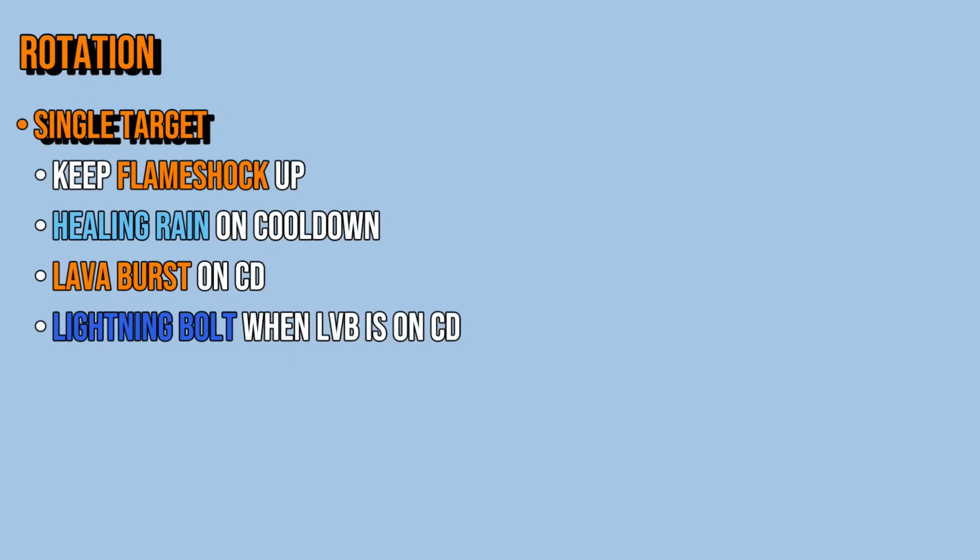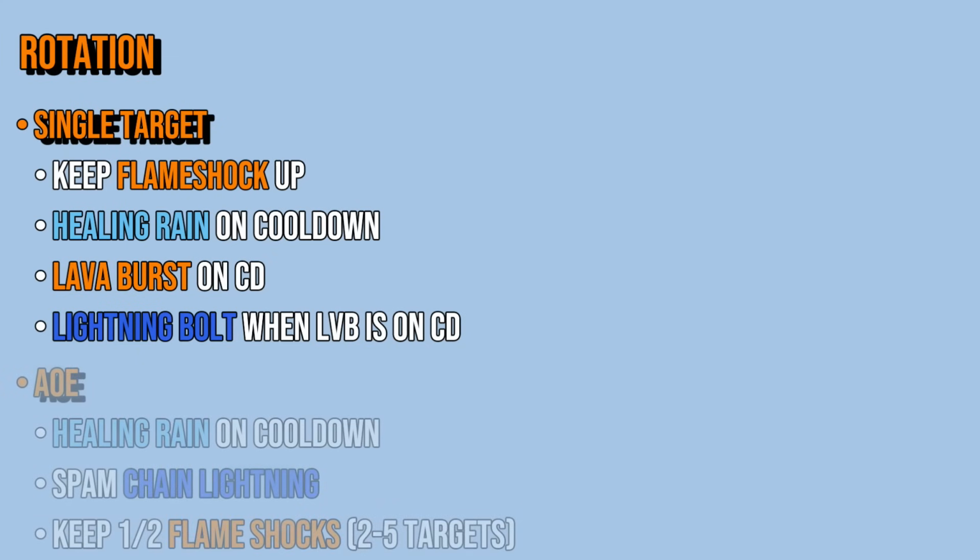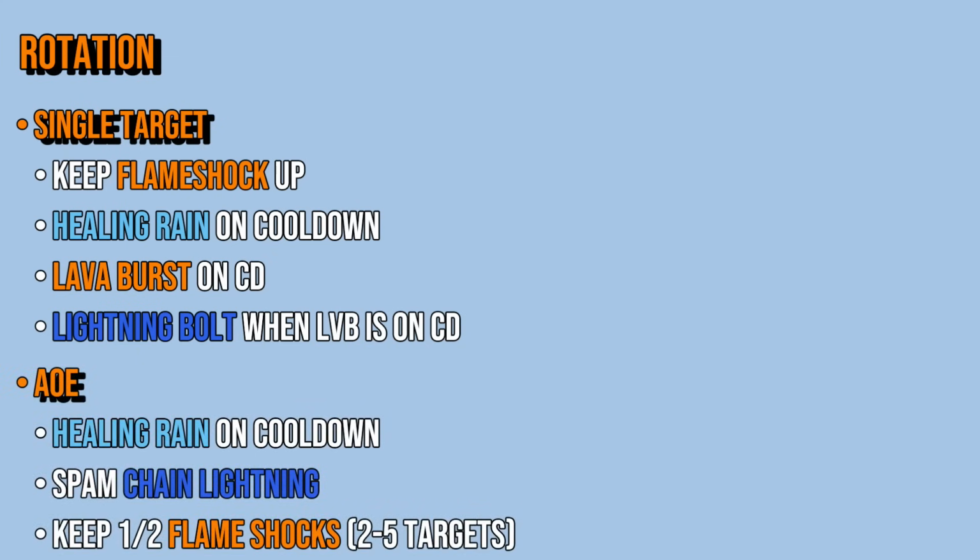And then in the downtime, you will be wanting to cast Lightning Bolt until you get Healing Rain off of cooldown, as well as Lava Burst. In AoE, your primary goal is to keep Acid Rain uptime as much as you can, as well as spam Chain Lightning. In 2 to 4, 5 targets, you want to keep Flame Shocks up so you can get Lava